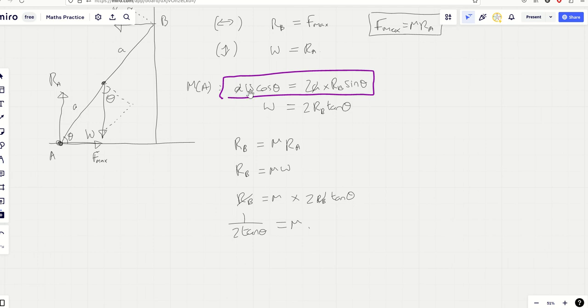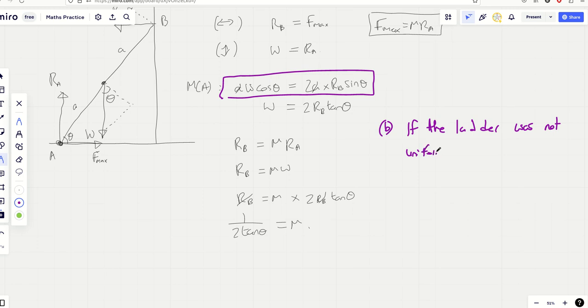Now let's say it was like 0.5a and 2a here, because it could have been closer to this. So I would point this out, because they're giving you 2 marks for this. It's no use to say mu would change or something like that. You've got to say what direction it's changing in. So you can say something like this: if the ladder was not uniform and the centre of mass was closer to A, because let's say how it changes as the centre of mass is closer to A,